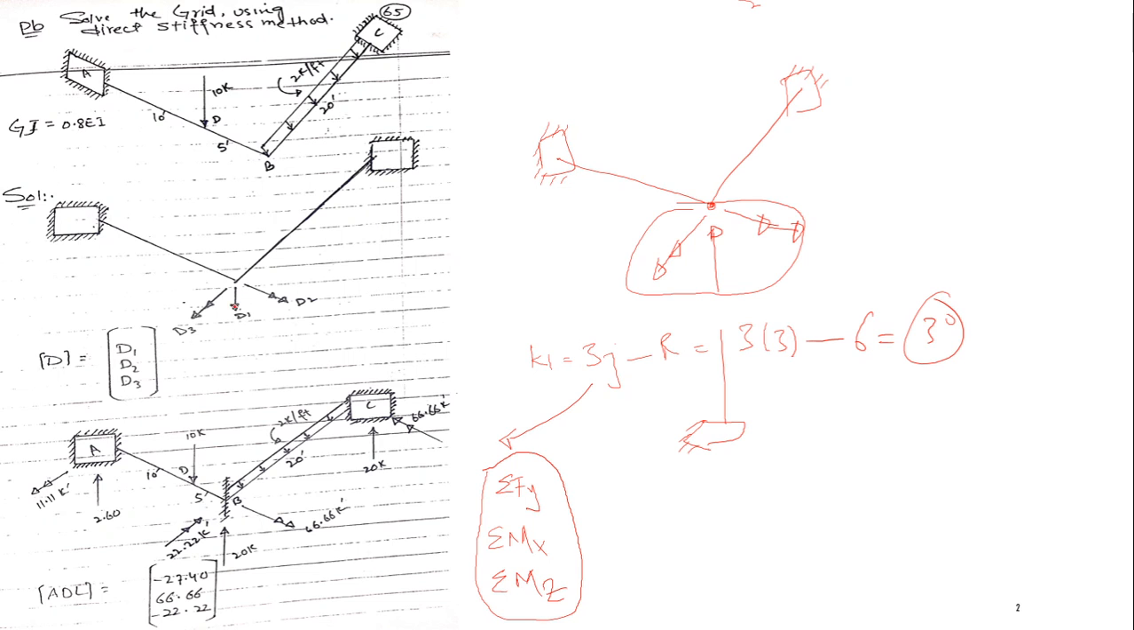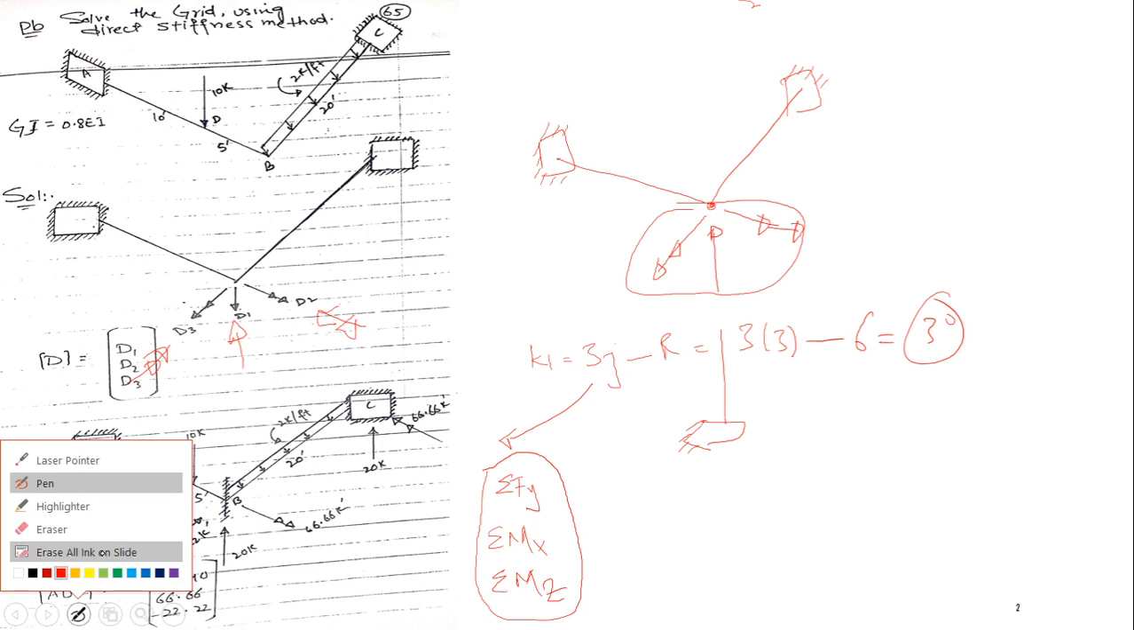Okay, the degrees of freedom are d1, d2, d3. Directions may be arbitrary. I mean, you can select d2 as in this direction, d3 in this direction, and d1 in this direction. It's totally up to you. So this is my D matrix, d1, d2, d3. Then I have to